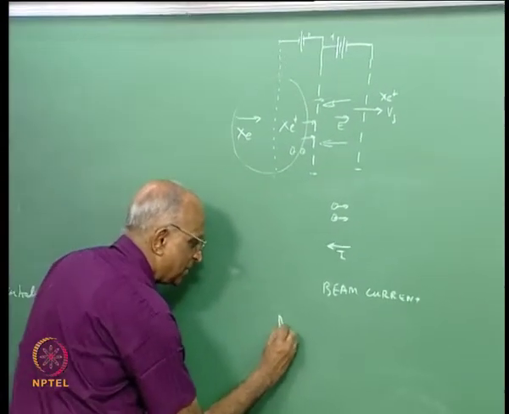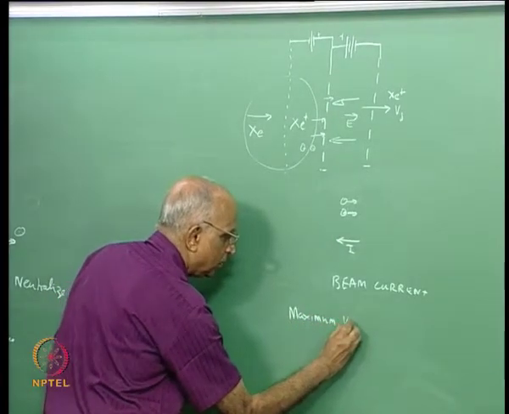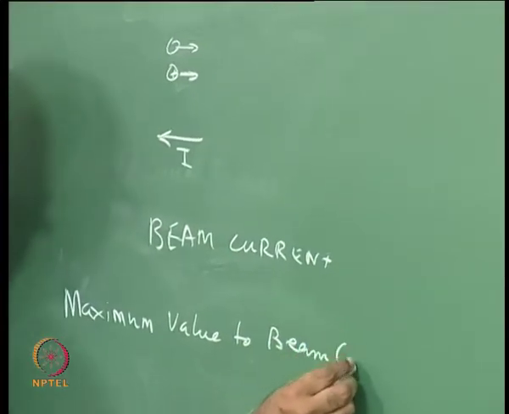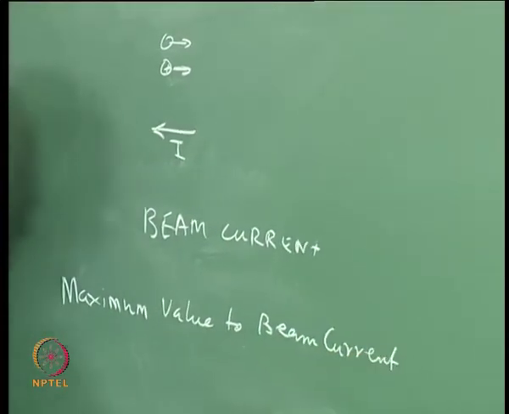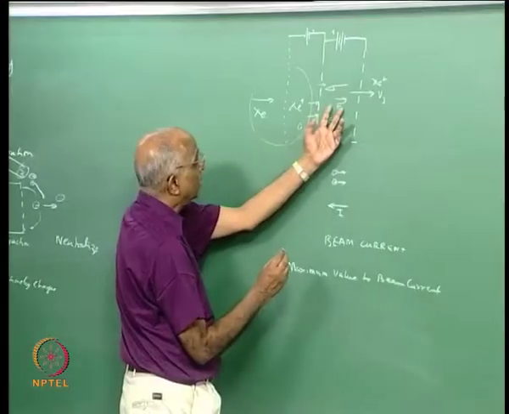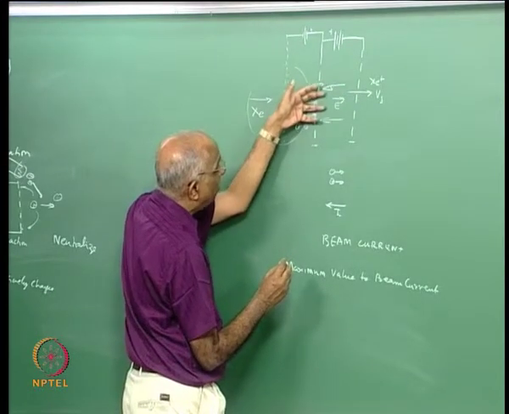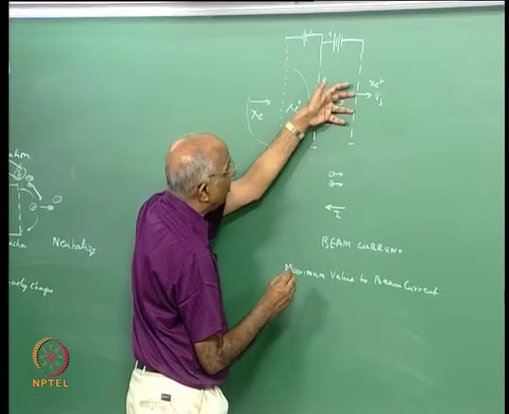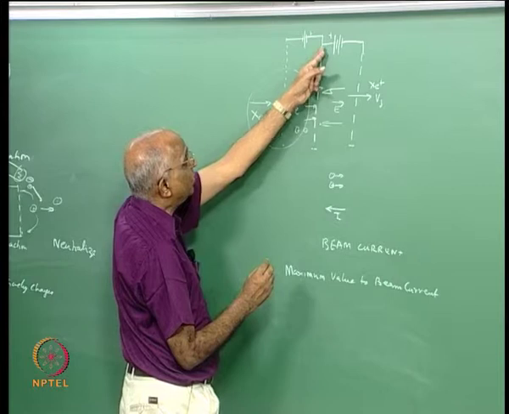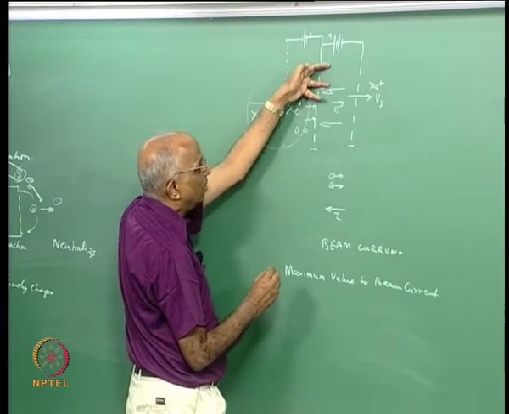That means there is a maximum value to the beam current, and we will not go into too much detail, but we recognize, yes, there is a maximum amount by which I can push it out, because as more and more of the positive charges are moving out, I get a current in the opposite direction. That current will ensure that I do not have sufficient negative voltage to